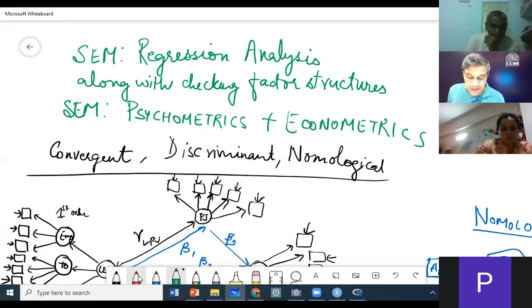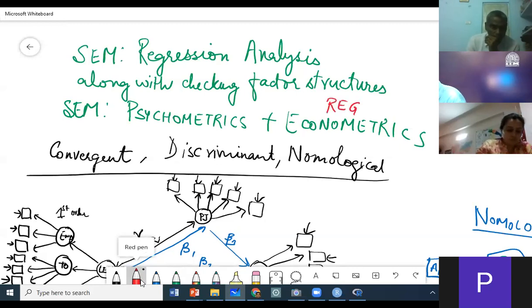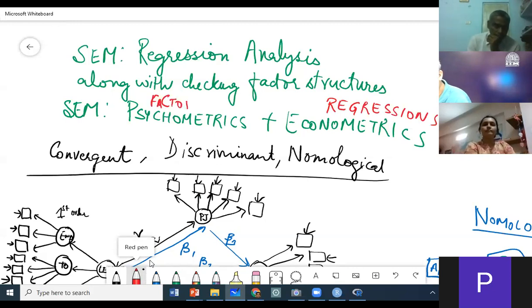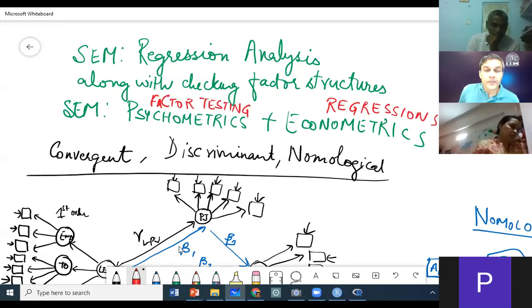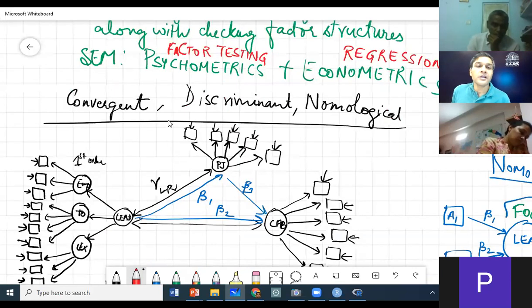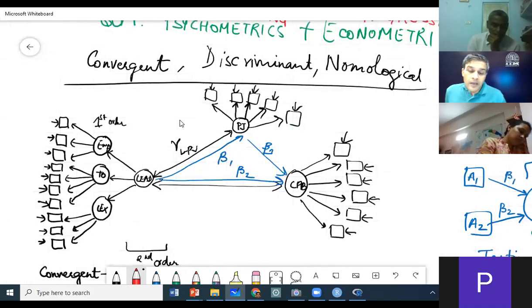What does econometrics do? Econometrics does regressions and psychometrics is where we do factor testing, right?